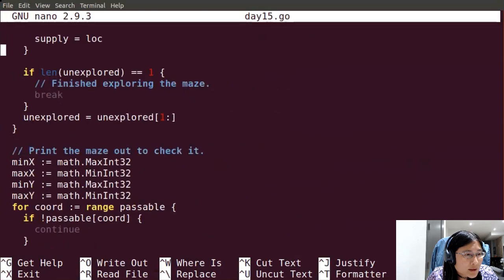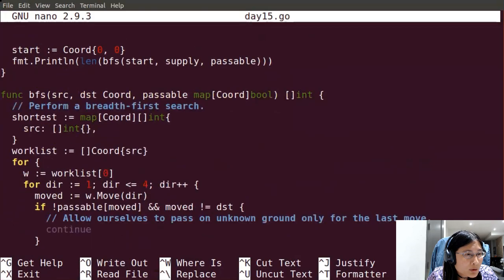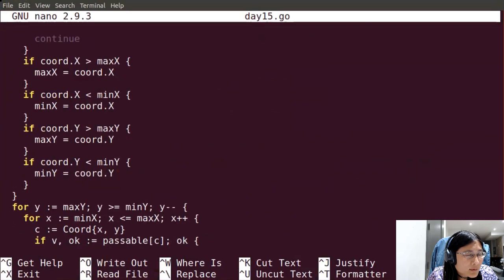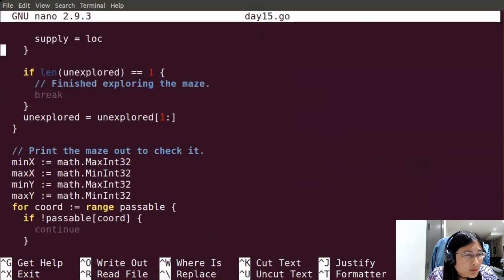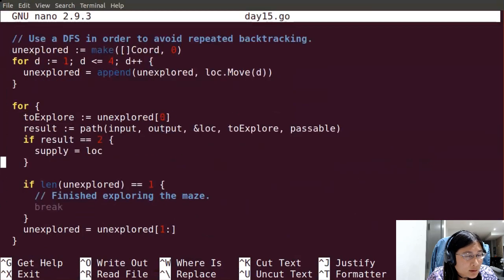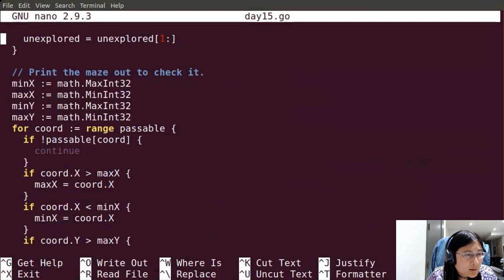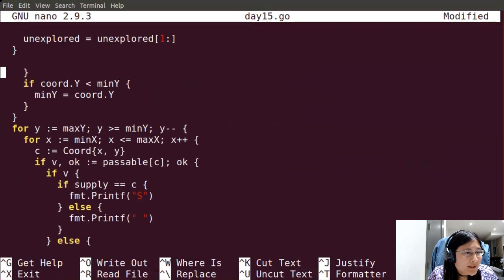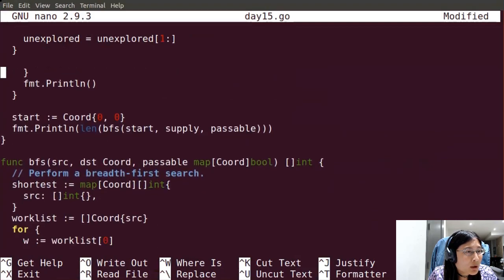Oh, interesting. Yeah, so we didn't actually explore the maze. All right, abstract this into a function too.